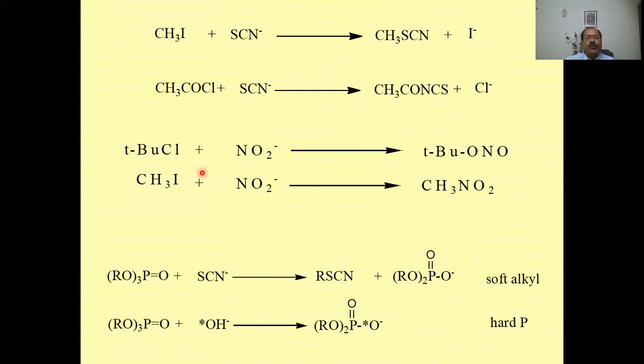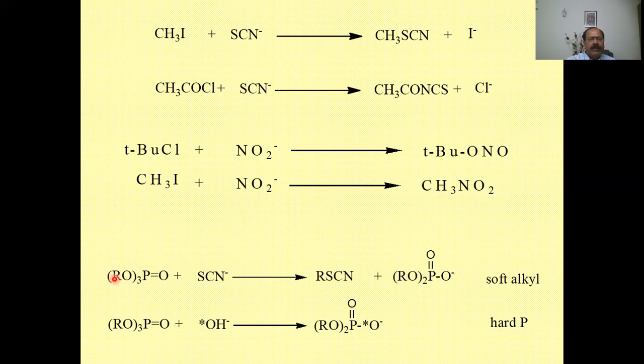Analogous to cyanide, we have the nitrite here. If we have tertiary chloride, we get this product. If we have methyl iodide, we get this product. We know that in the case of tertiary chloride, the reaction takes place via SN1 mechanism, and therefore it adds on the harder end of NO2, and this product, the nitrite, is formed. And this undergoes reaction by SN2 mechanism, and we get this product.